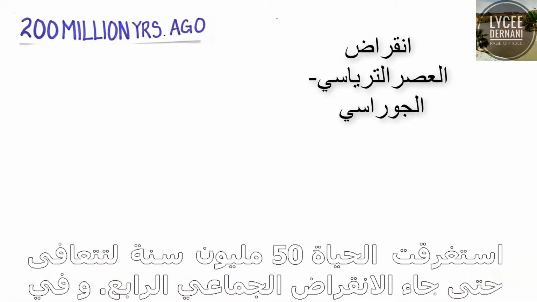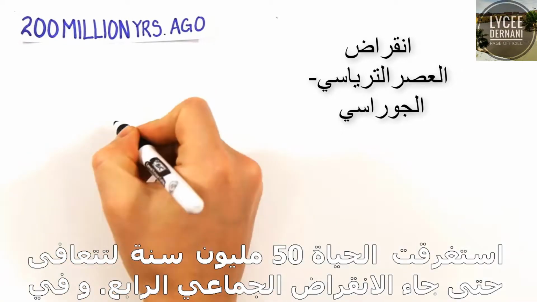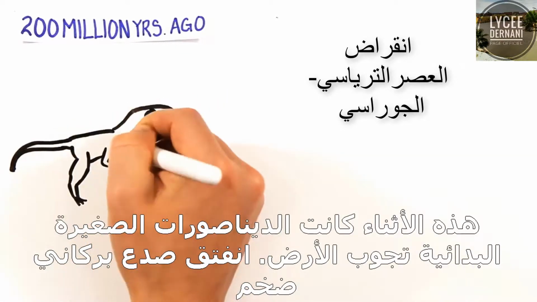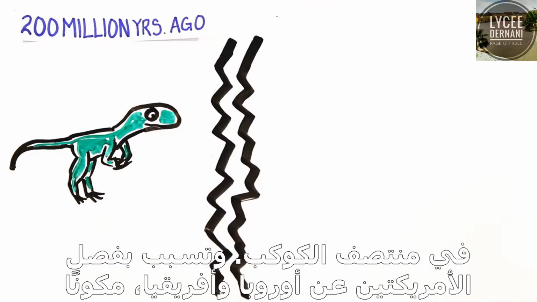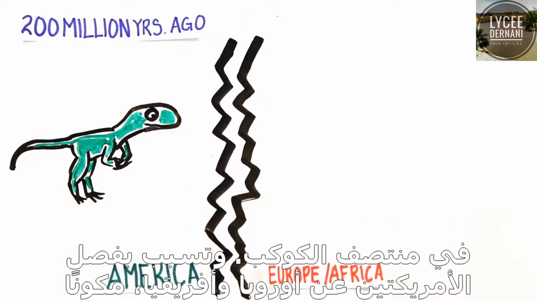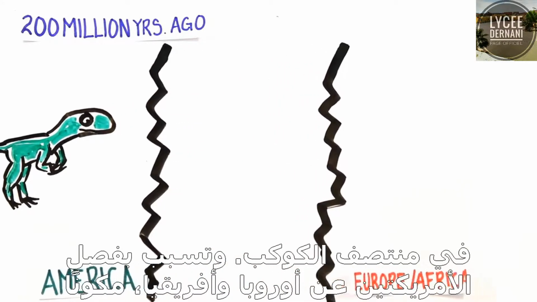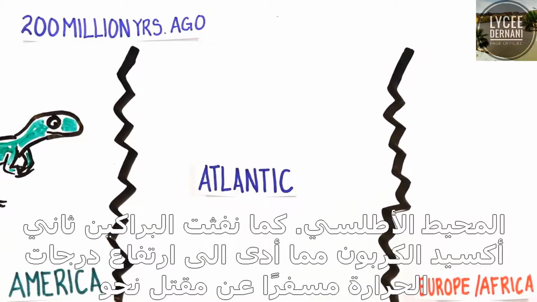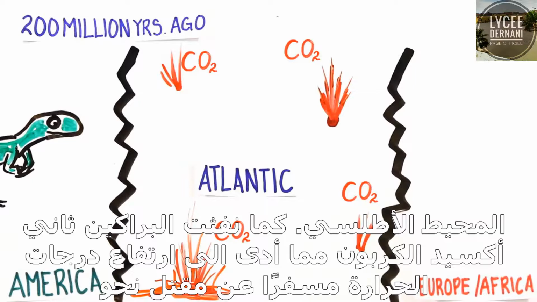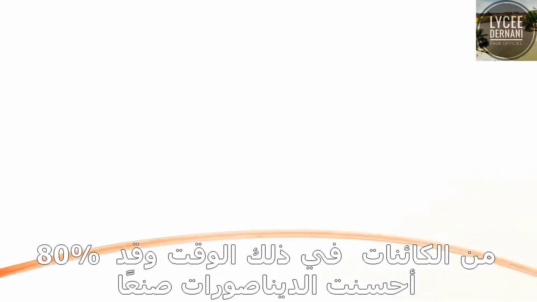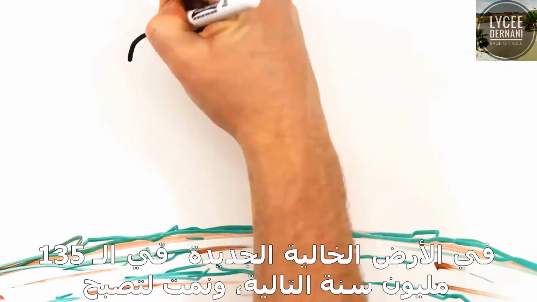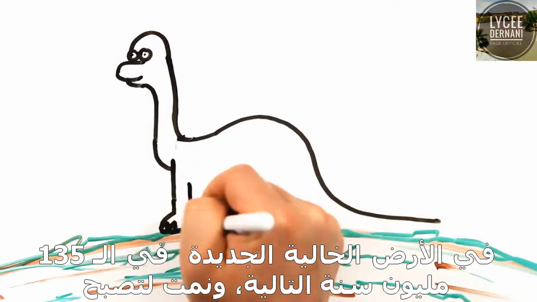Life had only 50 million years to recover until the fourth mass extinction came. At this time, early small dinosaurs roamed the land. A huge volcanic rift opened in the middle of the planet, eventually splitting the Americas from Europe and Africa and forming the Atlantic Ocean. The volcano spewed out carbon dioxide, increasing temperatures and killing about 80% of the species around at that time. Yet in this newly emptied world, dinosaurs did extremely well, and during the next 135 million years,